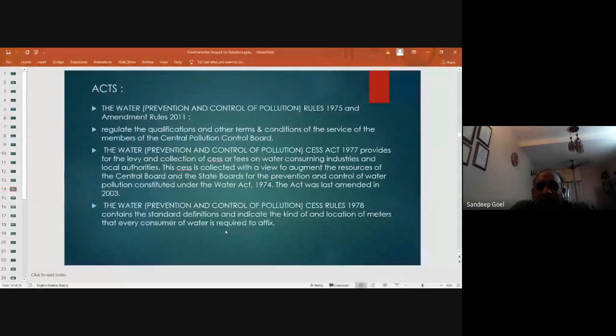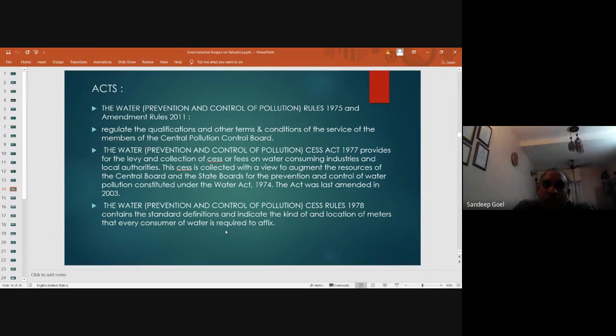Acts. The Water Prevention and Control of Pollution Rule 75 and Amendment Rules 2011 regulate the qualification, terms and conditions of service of the members of the Pollution Control Board. The Water Prevention and Control of Pollution Act 1977,